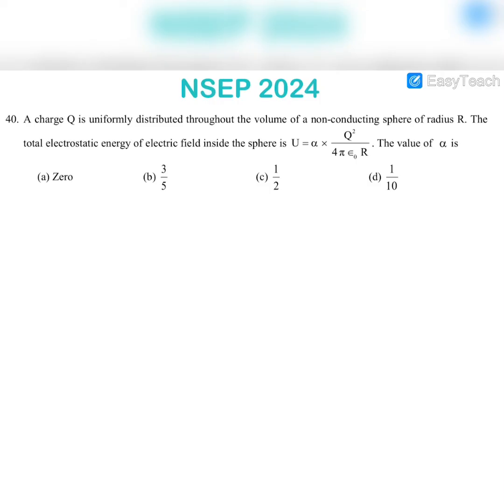So what we can do, we know that the self energy of a solid sphere U is equal to 3 by 5 kQ square by r, and the self energy of a hollow sphere is kQ square by 2r. Now we know that the electric field formula for the solid sphere and hollow sphere outside the spheres is the same. Therefore, the energy stored outside both the spheres is the same, and therefore if we wish to find out the energy stored inside the sphere,